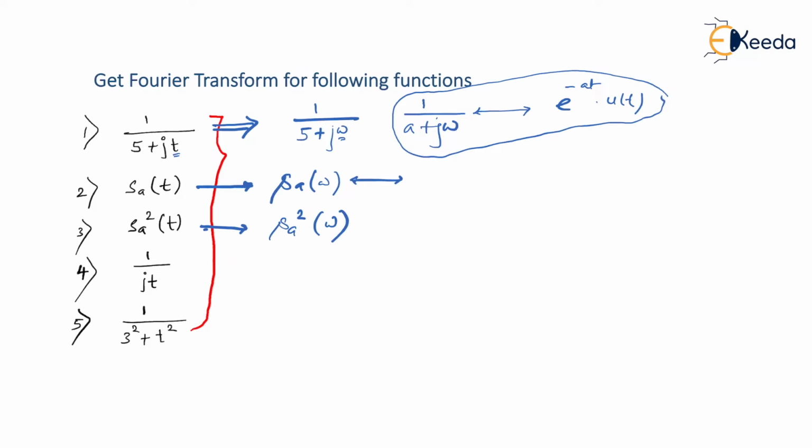In that case, what needs to be done? What is a remedy over it? How to get a Fourier transform for those things which are not standard functions in time, but they are standard functions in the frequency domain? How to cope up with it? The solution is using a duality theorem. So what is meant by duality theorem?